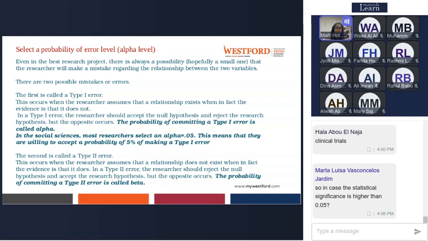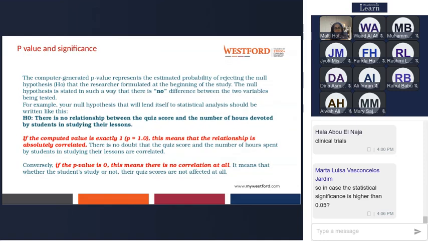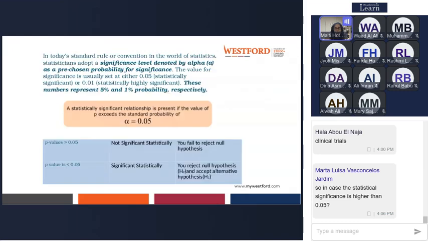Instead of proving something, we actually say whether we reject or not. For accepting or rejecting the hypothesis also, we look at the p-value. If the p-value is greater than 0.05, we say that we fail to reject the null hypothesis.